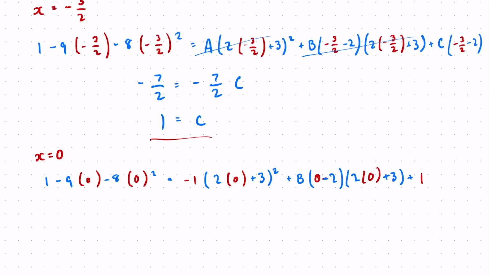So 1, lots of 0, 0 minus 2. Okay, which will all cancel down to